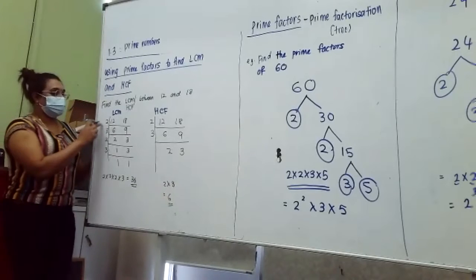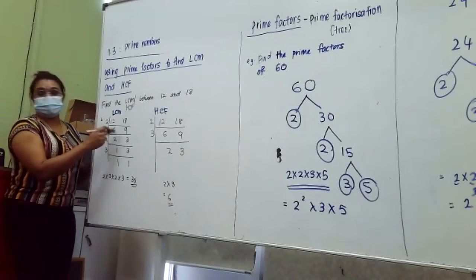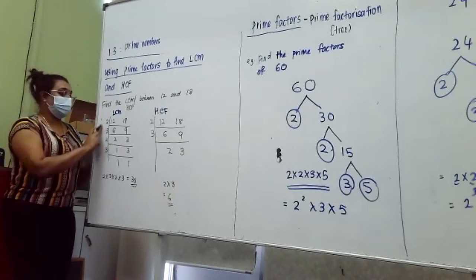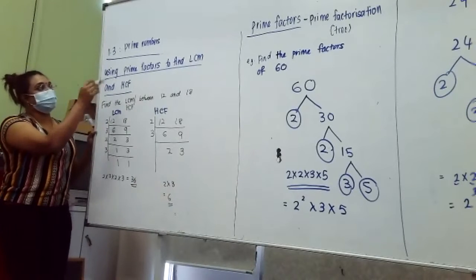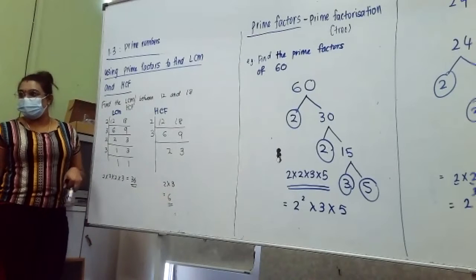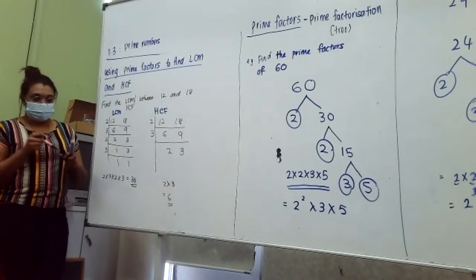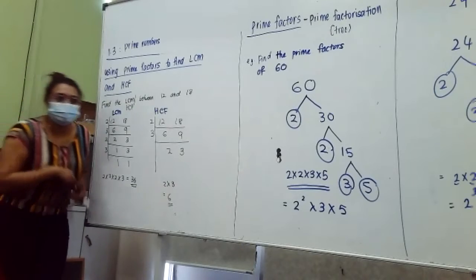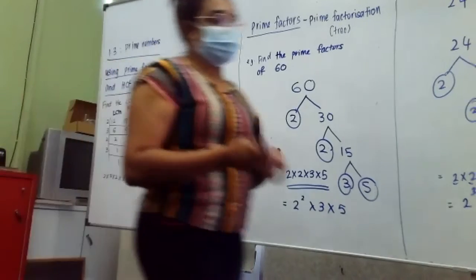Actually, the normal one, you can directly put 6 here, 6, and you can find the answers. But since this is prime factors, we do it only with prime numbers. Clear? Okay, you copy down this and then we will move on to